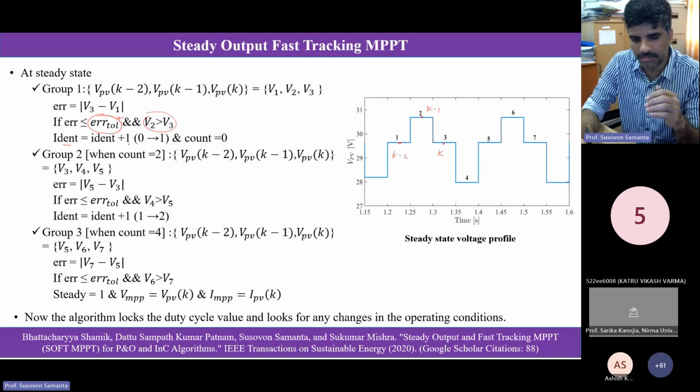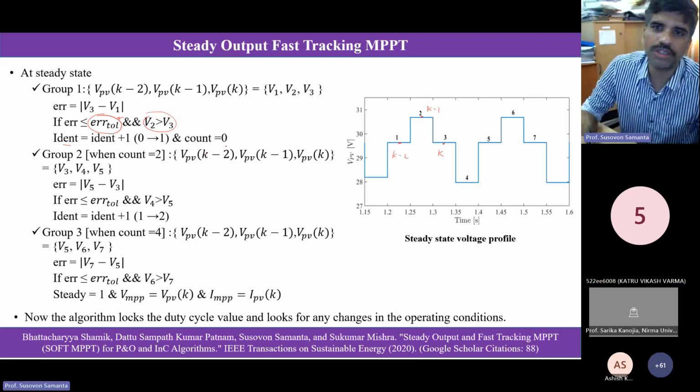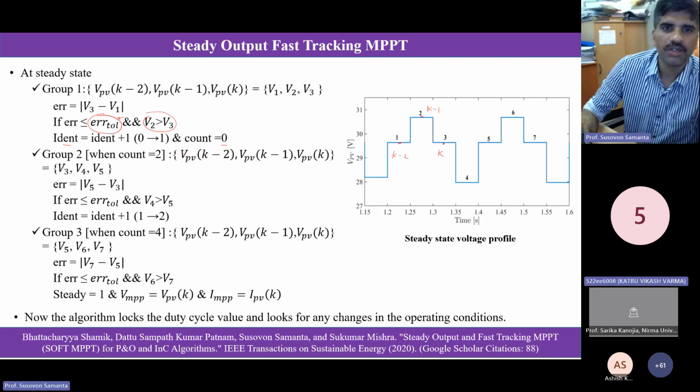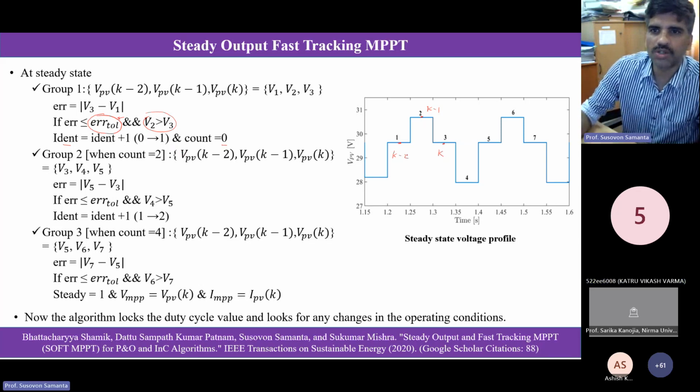That is basically ident, it means identification. We are actually trying to identify the steady state. So ident is 1, and we start counting. Okay. So when the count is 2, so we start counting. So when the count is 2, then we have this